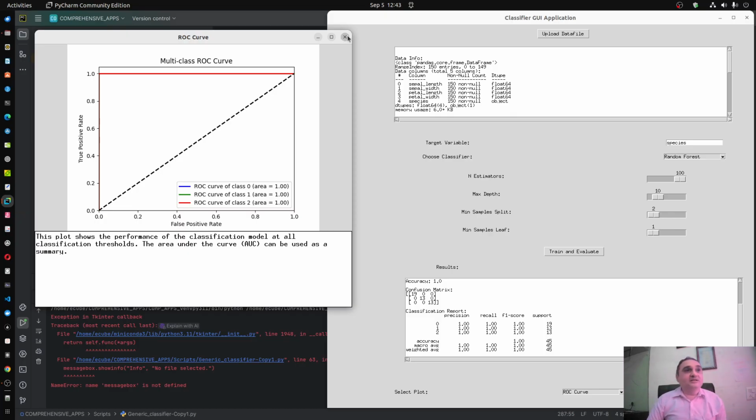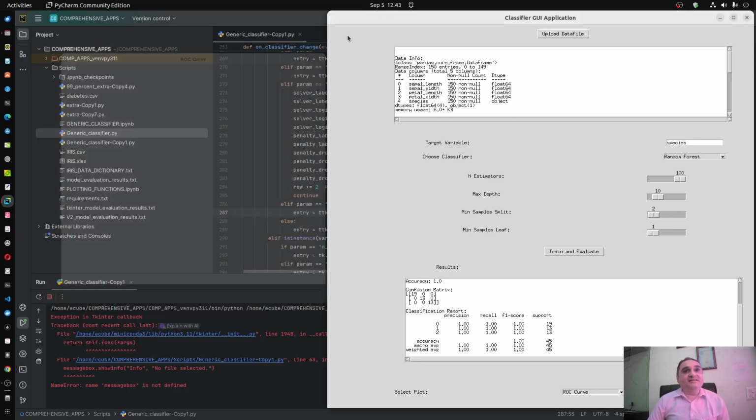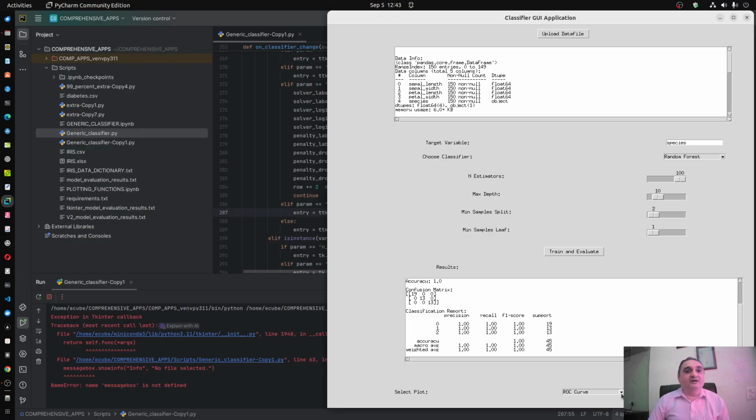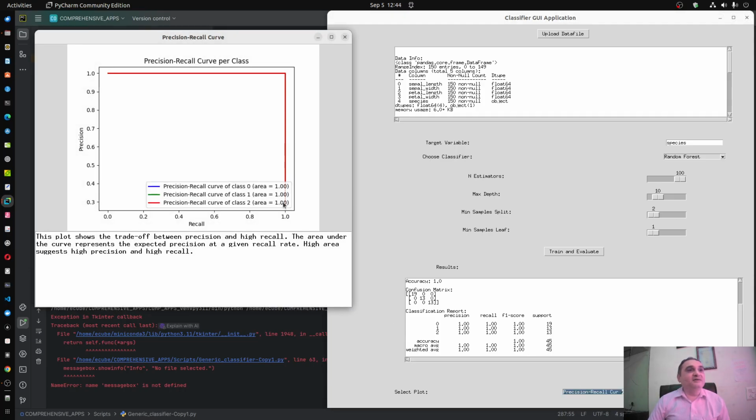Now something more. Let us take another curve. This time I plot the precision recall curve. Even that shows that the precision recall curve covers one area, that is 100% area. What does it show? It shows the trade-off between high precision and high recall.